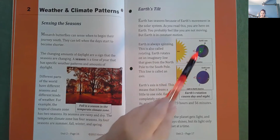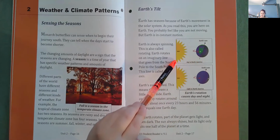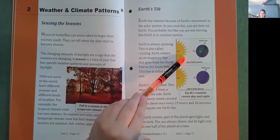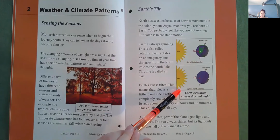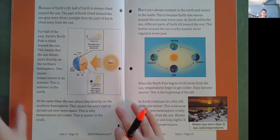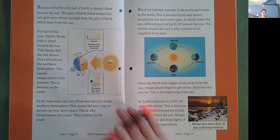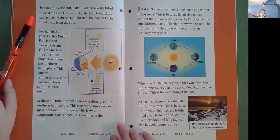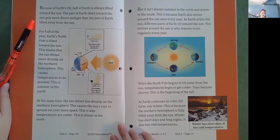So here we see the Earth's axis, which is tilted, and here's the sun. So here's day in North America, and then here's night in North America. Because of Earth's rotation, it causes day and night. Because of Earth's tilt, half of Earth is always tilted toward the sun. The part of Earth tilted toward the sun gets more direct sunlight than the part of Earth tilted away from